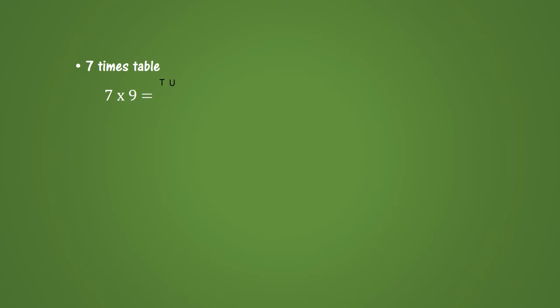So here the face value is 9. So for units place, we just have to subtract the face value by 10 first and then multiply it by 3. So 10 minus 9 gives us 1, and if we multiply 1 by 3, we get 3, and this 3 will go to units place. And for tens place, we just have to subtract the face value by 3. So 9 minus 3 gives us 6, and this 6 will go to tens place. So we get 63. So 7 into 9 is 63.